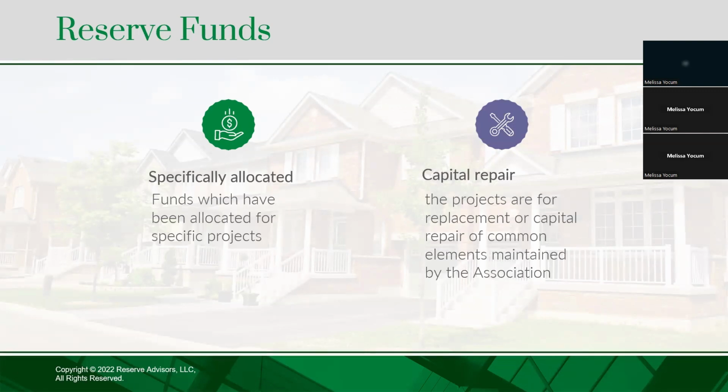So the goal is to have a reserve study conducted where we forecast out those capital expenses. And then ideally, every year you contribute to this reserve account or this savings account. And when the time comes for these capital projects, you pull right from that reserve account. So operating type expenses, usually from an operating account for those annual expenses, and then the reserve fund or reserve account for those less frequent, bigger projects that don't occur annually.